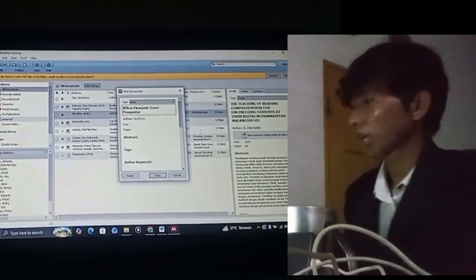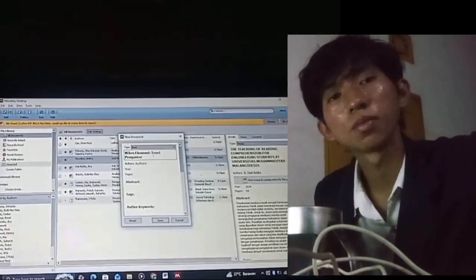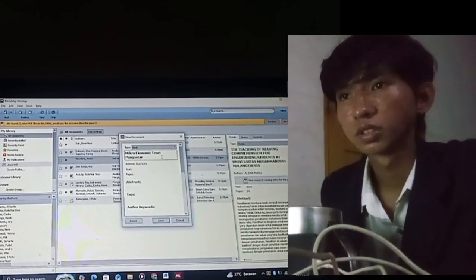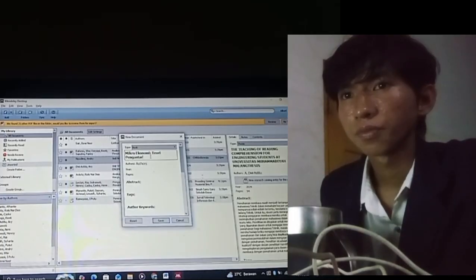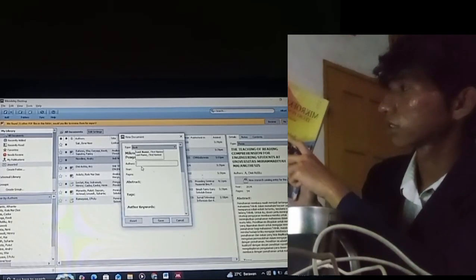You need to type the title from the book like this. The first letter of every word is capital, and the authors you can find from the book like this.